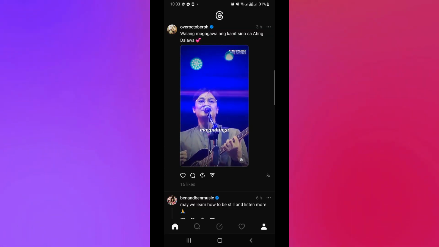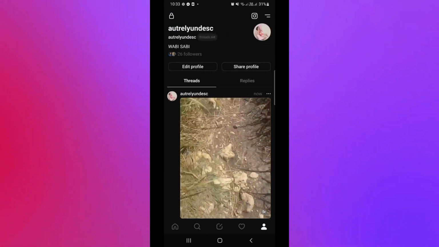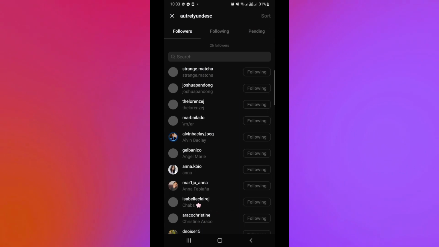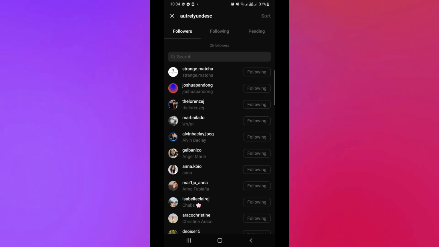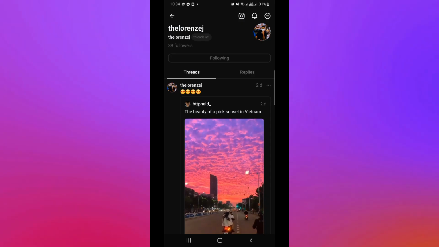Now, you will basically be routed to your profile page, after which scroll up and there you can actually see your followers. Click on it, choose the follower that you would want to remove. Say for example, I would like to remove this certain follower of mine. Now, you just need to tap on the profile of that person, click on the ellipses button in the upper